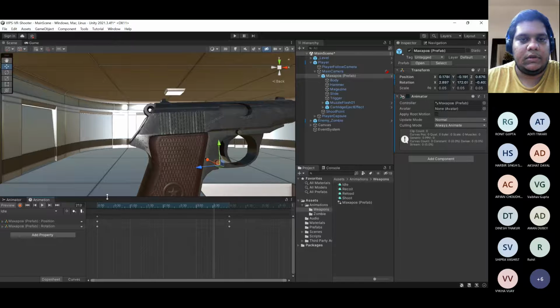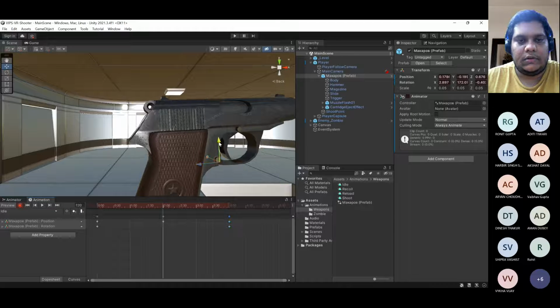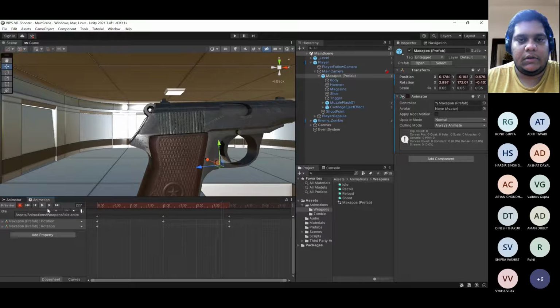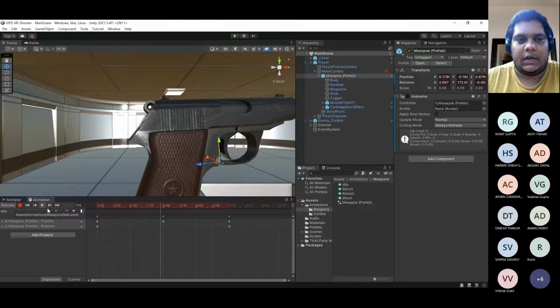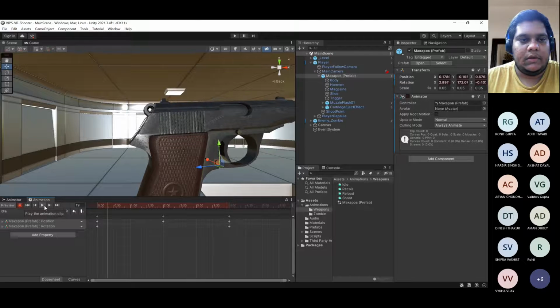Oh, sorry, we forgot to press record. So keep in mind that this is necessary. Again, putting it to 4 and then clicking on record, 2 and a slight increase. That's all that it's going to be. This is the idle animation for us. We don't really want anything here, just a transition for the